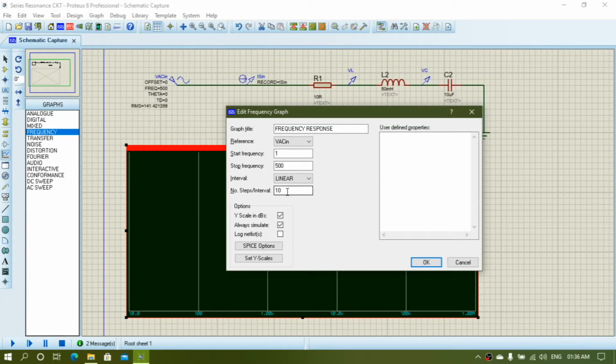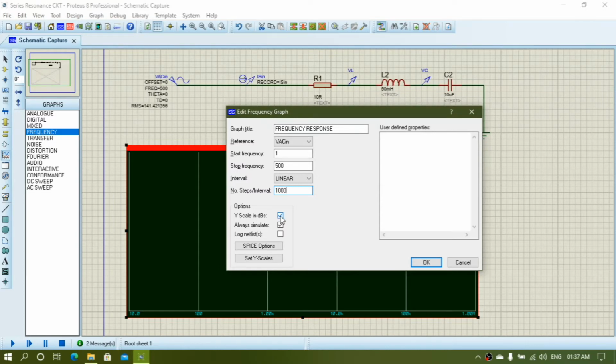And now the step. I recommend always setting your step equal to your stop frequency or greater than that, then only your graph will look significantly good.